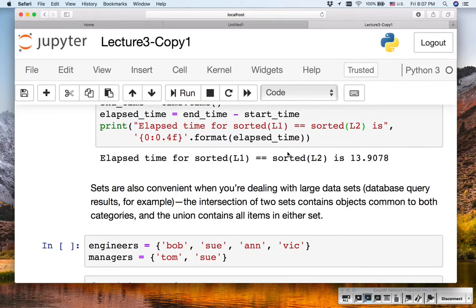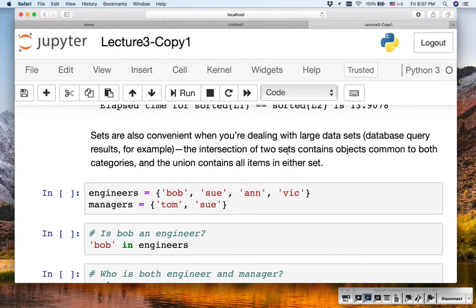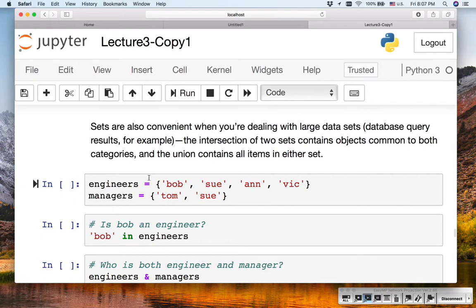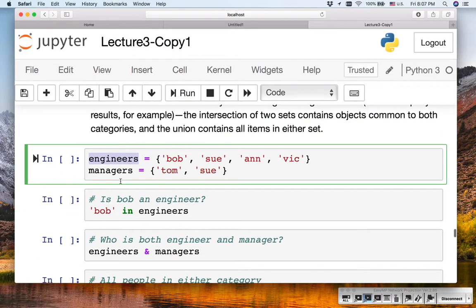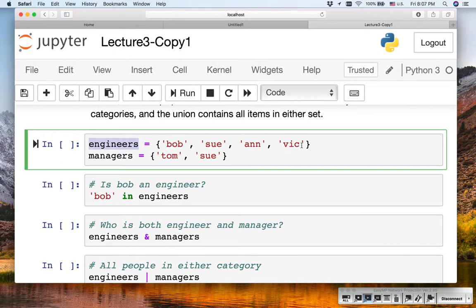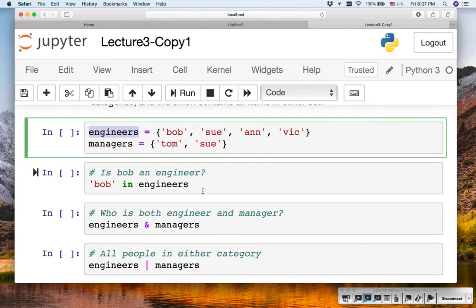But anyway, what else? Sets are also convenient when you deal with large data sets. Let's say you have these data sets of engineers, where you have Bob, Sue, and Vic, and managers, Tom and Sue. If you are working with really large databases or data sets, you can simply